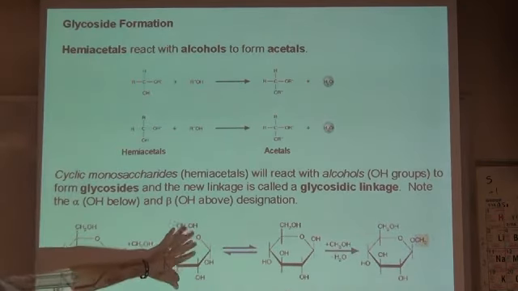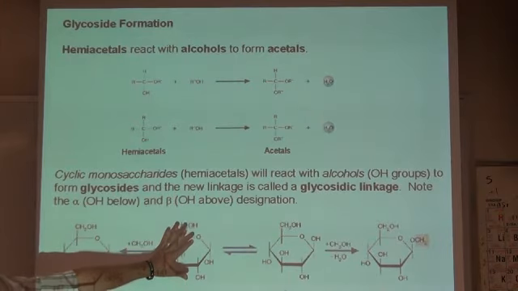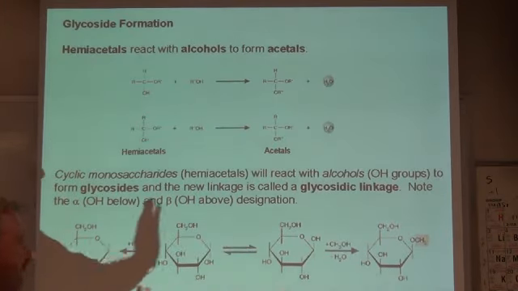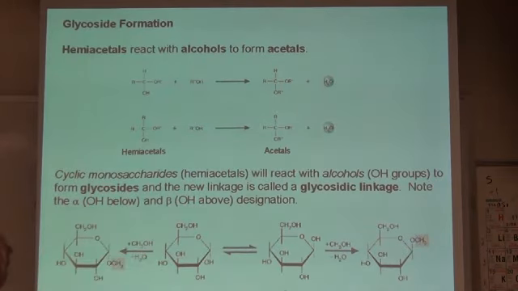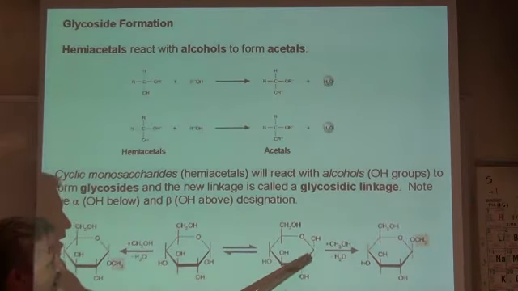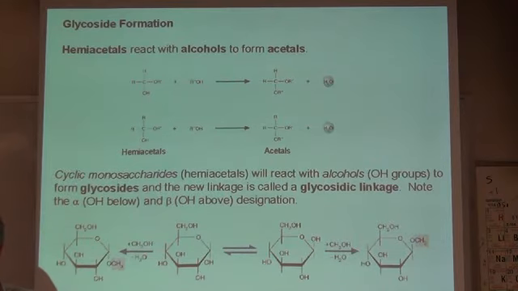This is a lot of gobbledygook, all right? It's a lot, and you can correlate it to organic real quick. But what I want to show you here is that here's an alpha form. Look at oxygen, 1 to the right, going down. Alpha. Oxygen, 1 to the right, going up, beta. Right? Notice they're in equilibrium with each other.